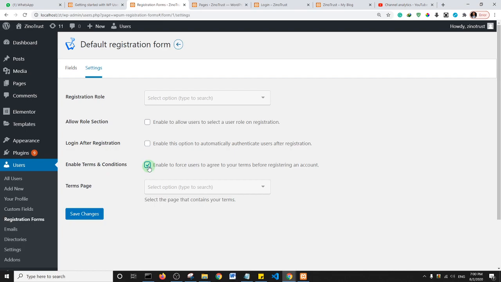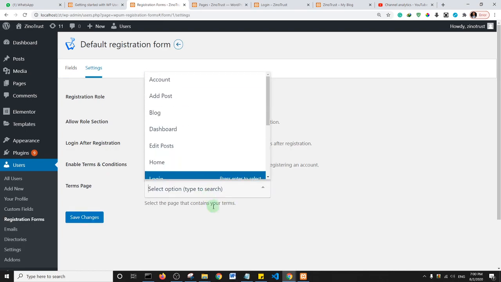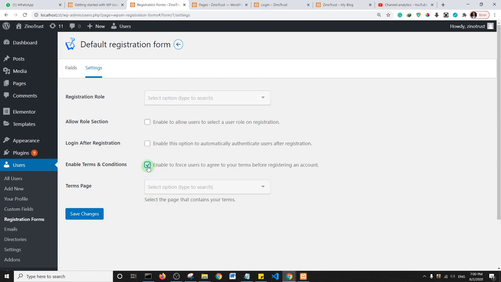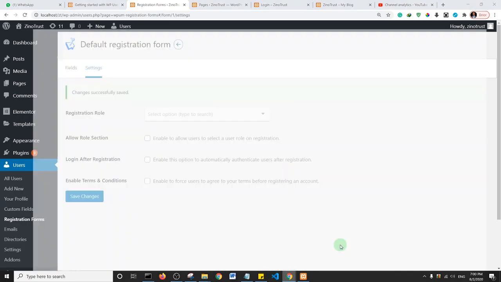Okay, so let's look at some of these other settings here. Terms and conditions page: if you have a terms and conditions page, then you need to set that here. Of course, if you are registering users, then you need to have a terms and conditions page and a privacy policy page. If you don't have those pages on your website, there's a link in the description that shows you how to quickly generate a terms and conditions page and a privacy policy page for your WordPress website. Okay, so I'll just go ahead and save, and then I'll go back to our incognito tab,